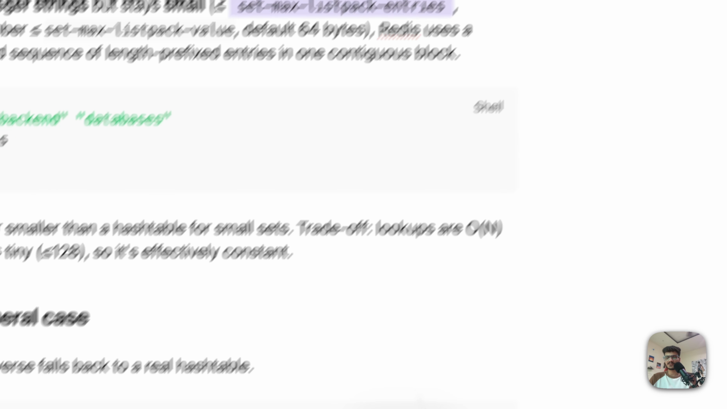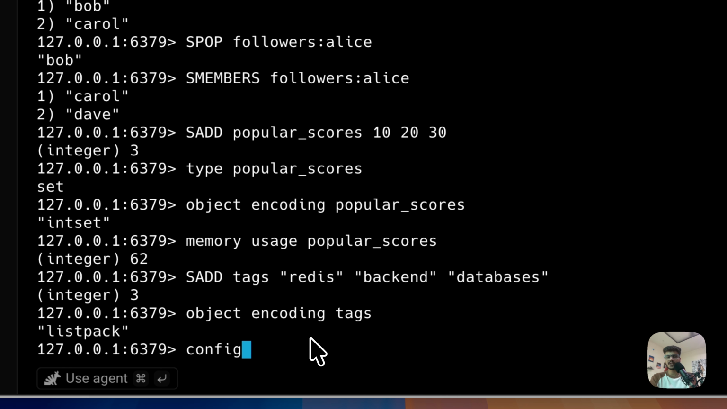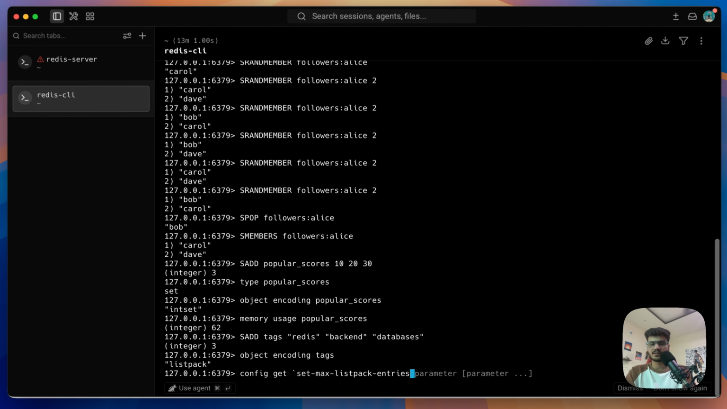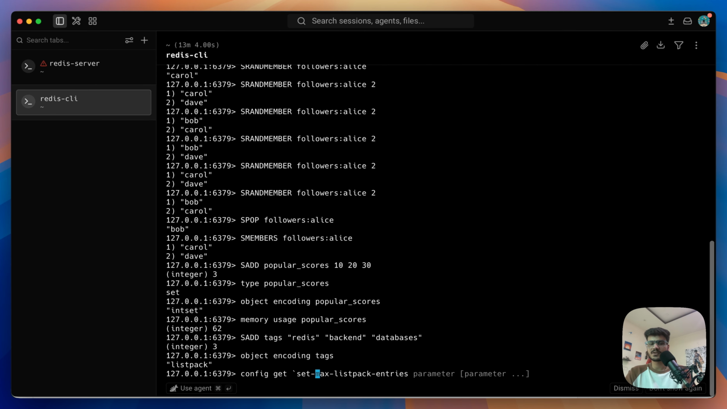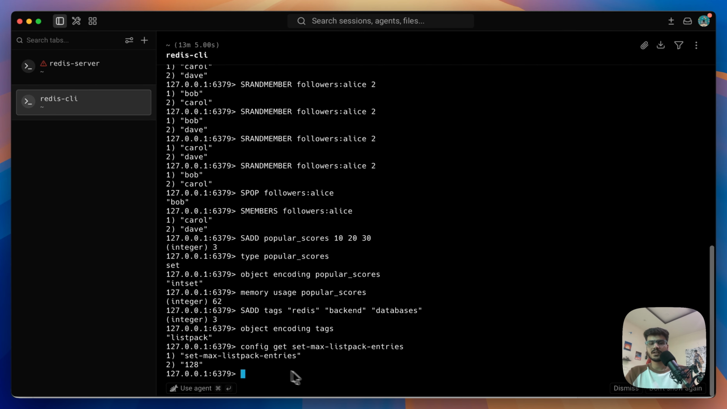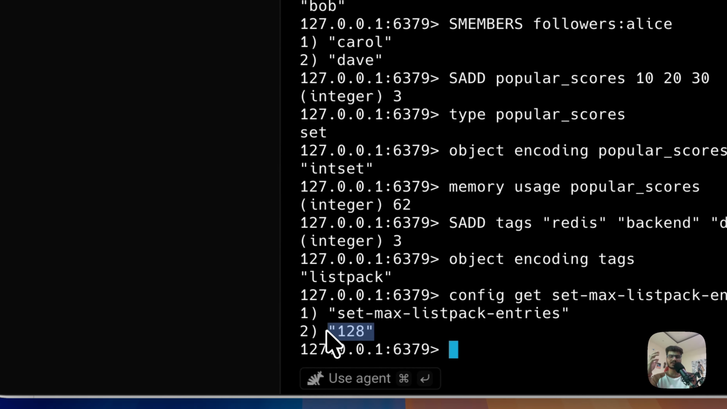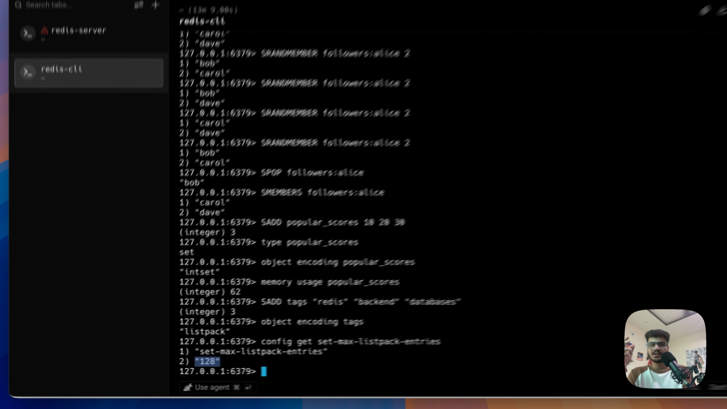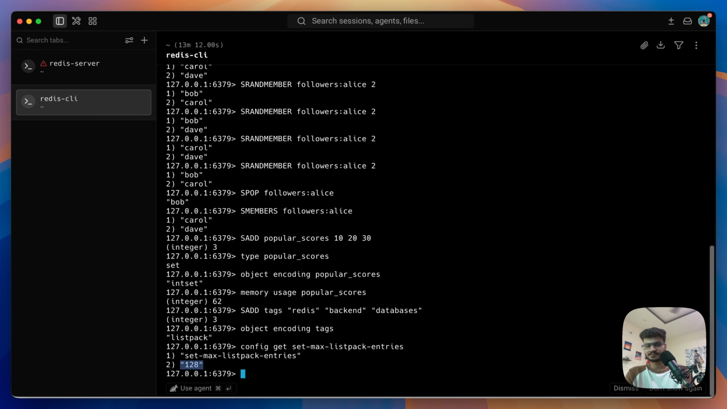So let me check it. What you can do is write config get and provide the configuration that you want to get. And here you can see we have 128. So basically you can store 128 elements in your set, and if it crosses the 128 threshold, it will promote this particular encoding to the next encoding, which we will discuss now, which is hash